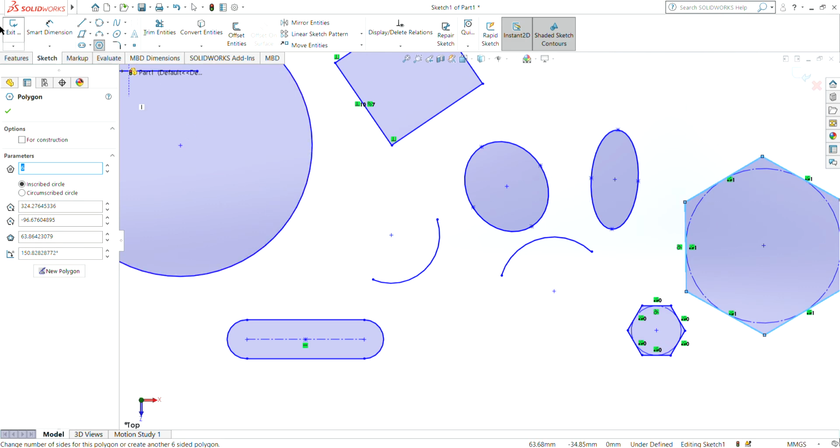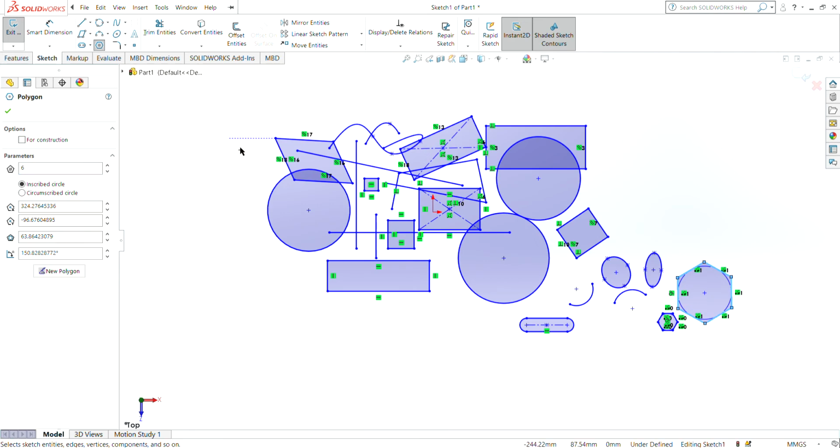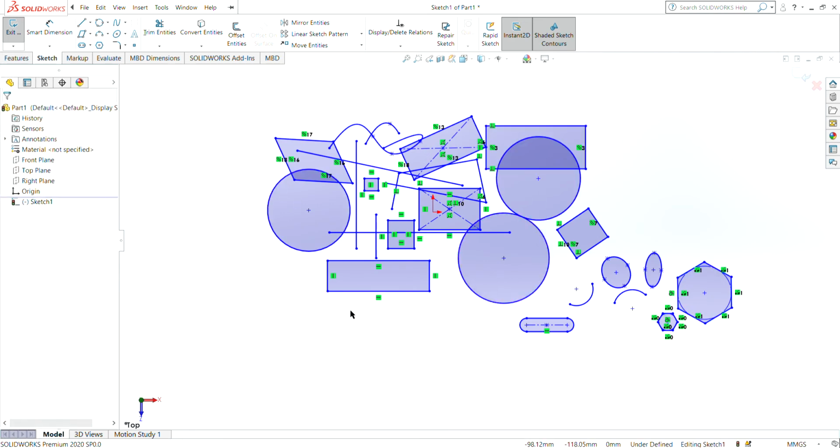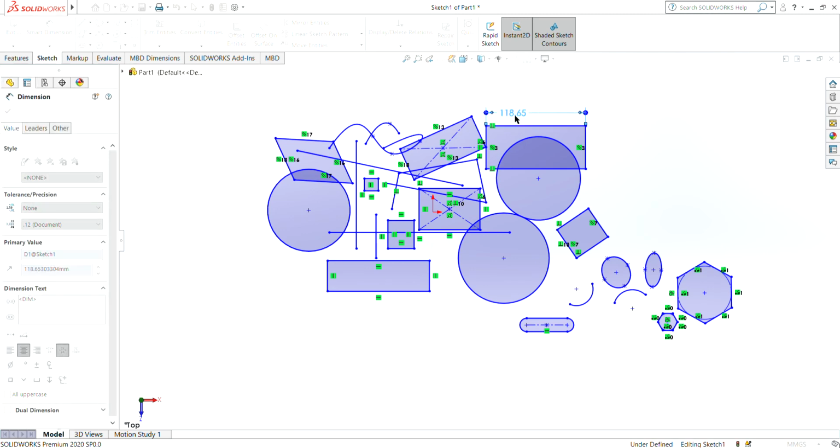Here we can see that we haven't seen the dimensions of anything. There are random shapes of random size, and to give the dimensions we have to click here, smart dimension. Here we give 100 if we want 100 size.